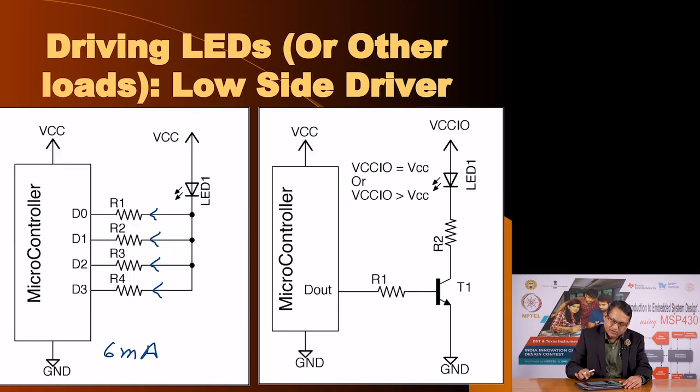So, if you want the low side control of the LEDs and more current through the LED of say 20 milliamperes, you allow 5 milliamperes each, and all resistors will be 330 ohm. Now, with this you can turn the LED on by making all these bits set to 0, and if you want to turn the LED off, then all these bits will be set to 1. Now, this configuration also has an interesting side effect, that instead of all the output pins turned to logic 1 or logic 0 turning the LED completely on or completely off,